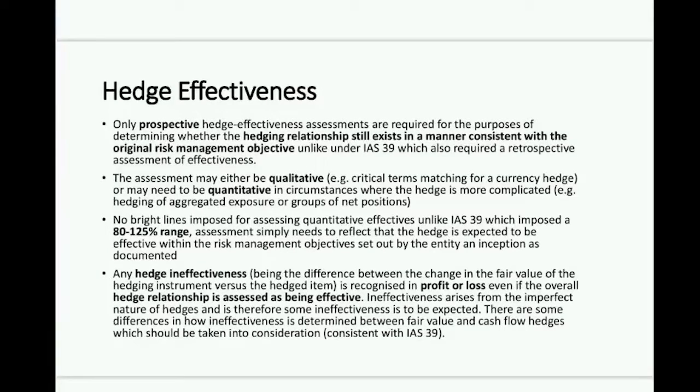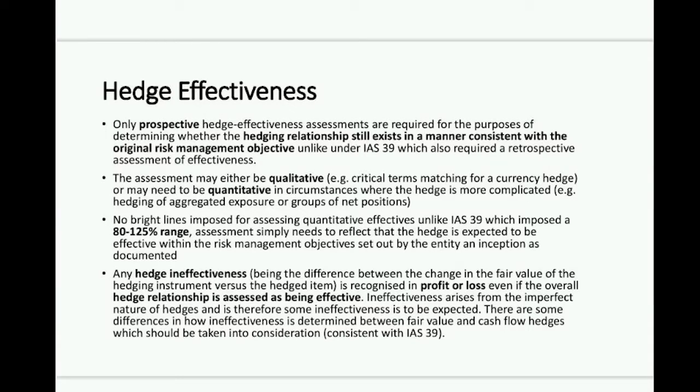So remember, we spoke about one of the key changes being the expanded use of judgment in IFRS 9. Well, this is an example of where there's going to be an expanded use of judgment, and whenever there is, you can anticipate the potential for disagreements between, for example, companies and their auditors. Therefore you'll need to engage actively to make sure that you're all on the same page with respect to how you're going to determine effectiveness where it is determined on a quantitative basis.